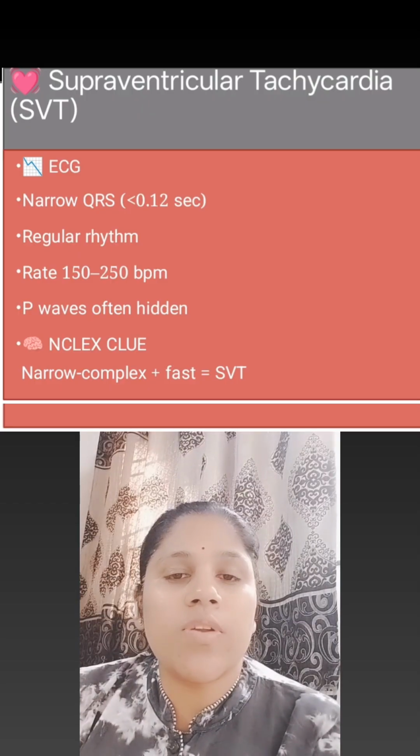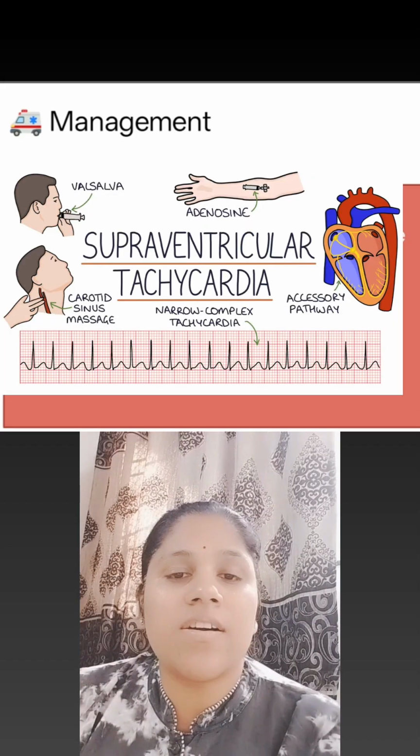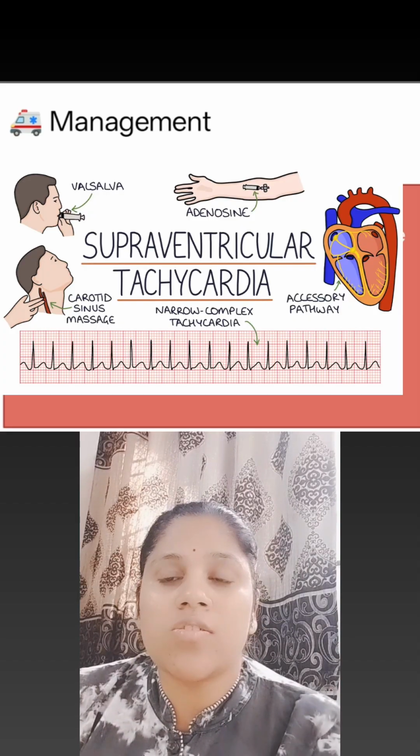So I am going to show you an ECG where it depicts the SVT. Here we can see the QRS complex which is rapid, and it is very narrow. It is less than 0.12 seconds. And how it has been managed is we are going to give carotid sinus massage, Valsalva maneuver,